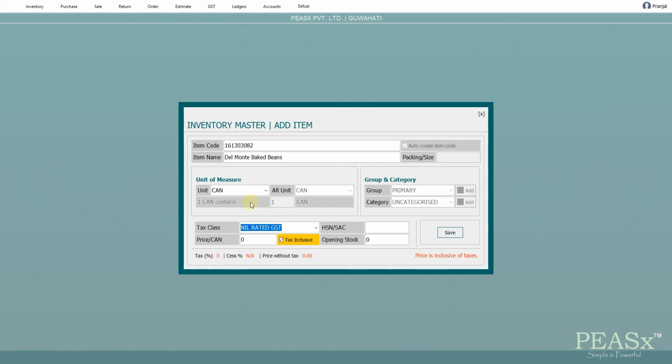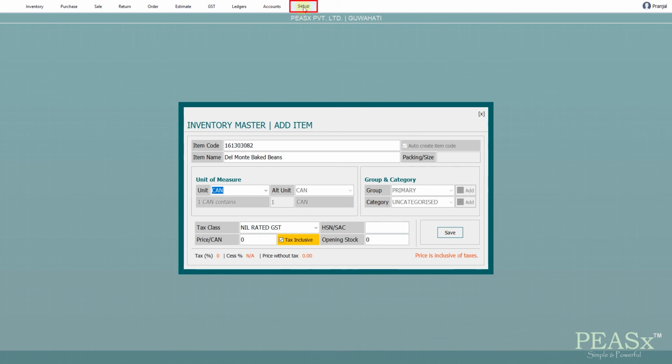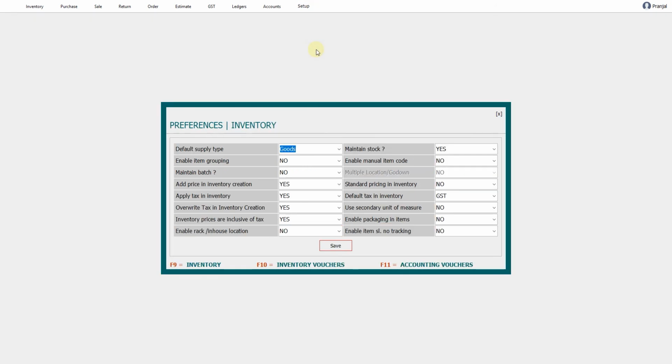Now, the moment I press enter, it takes me to the tax class. However, before I go to the tax class, what I need to do is just come back to cans. I need to enable group and category. So to enable group and category, what we need to do is go to setup in the top menu. Here, click setup, click on preferences here,